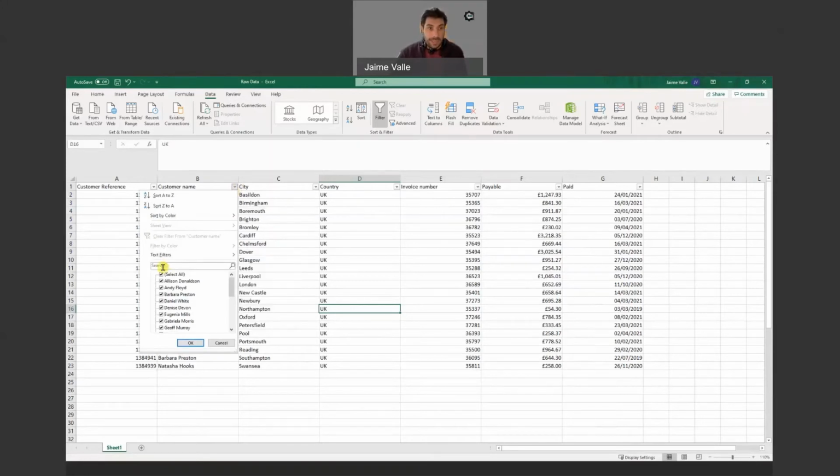For example, I can type in the search bar. If I type something with S and then Steve, you see, if I'm looking for Steve, he is there, but also other combinations. In this one, Barbara Preston contains ST2, so that's why it's showing me that as well. You see, so I can filter by that if I like to.